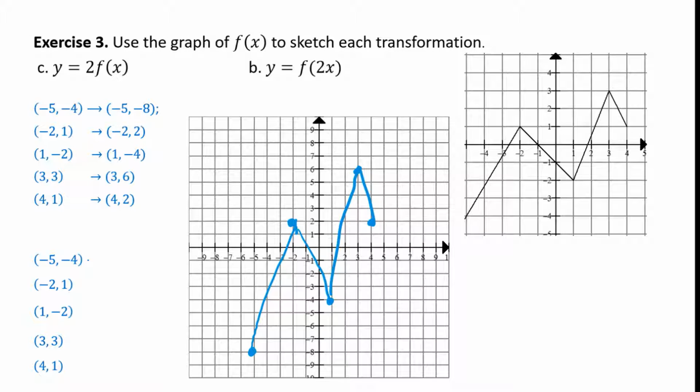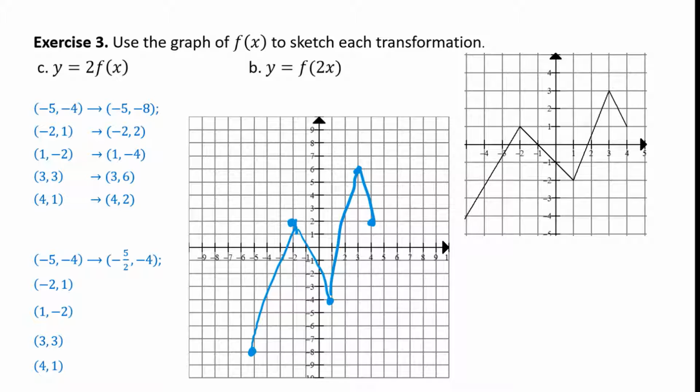D. Y equals f of the expression 2x. Now remember, this is horizontal. It is in the argument. The 2 is divided to the argument, the x value of the function. This means the period or the width of the graph of the function is affected. To get the graph of the transformation, the y value remains the same, and the x value is divided by a factor of 2. So, the ordered pair negative 5, comma, negative 4 transforms to negative 5 halves, comma, negative